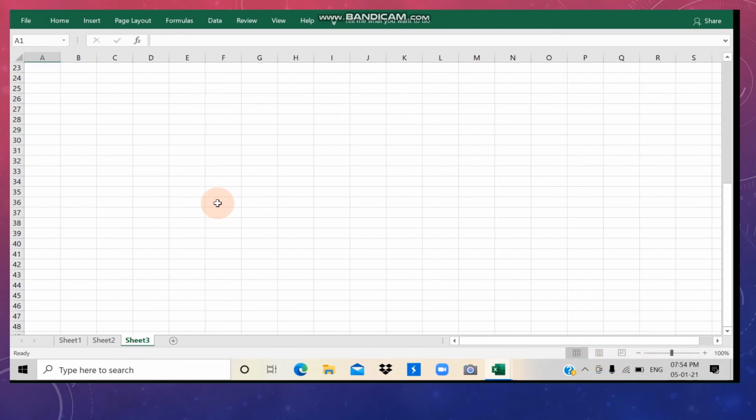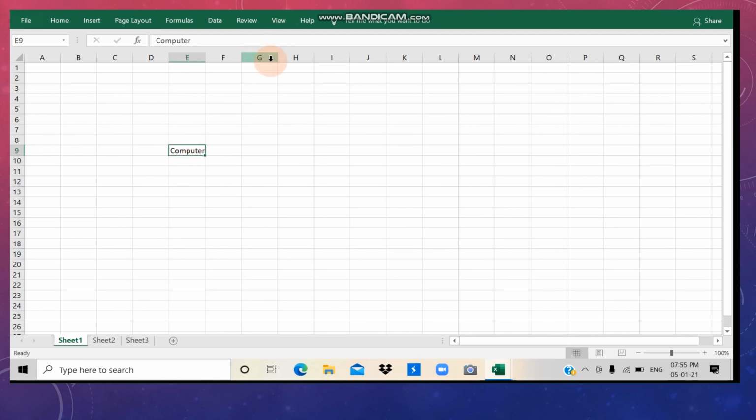Children, now we will talk about the cell address. These boxes are called cells. Suppose I want to give an address to it. What is the address of this cell? Suppose I have written computer over here and now I am going to give the address. So how are we going to call this box or cell? You can say E9. Why E9? Because E is the column and 9 is the row.